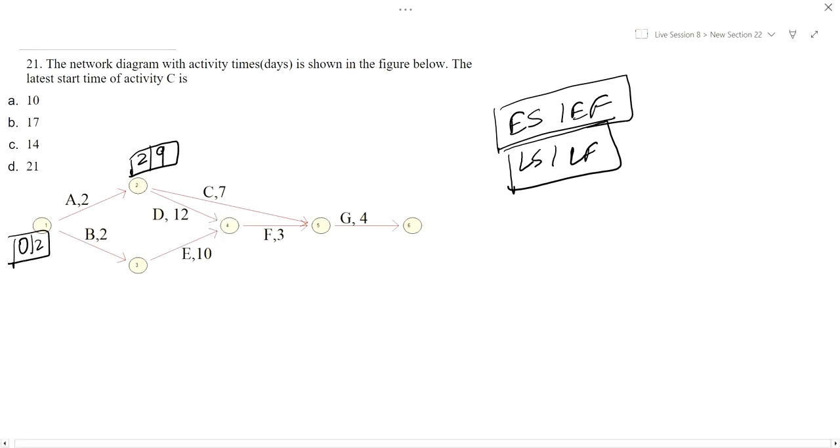Next, for activity 3, activity B, the early start and early finish time. Now we will see at this node how many arrows reach. It is only 1. So that will be the starting time, early start time is 2. Now early finish time will be 14. Why 14? Since we will see here